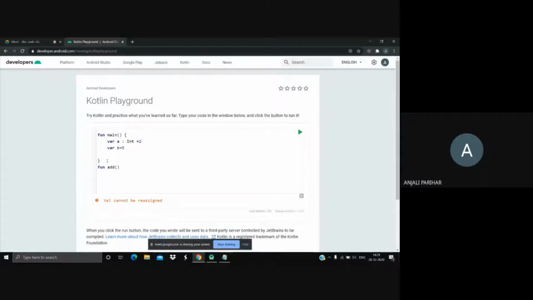Okay, so these would be the parameters here. I'm having two parameters here, and what I want this function to do for me is add the numbers I have given to it, and return me A plus B. Okay, so I'll be calling this function from the main function, and I'll be passing A and B to it.